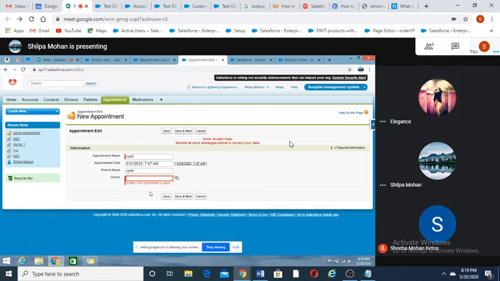So in enterprise edition, this is the developer edition what we are using. I need to check what is the limit, how many master detail relationship can we create, and how many lookup relationship we can create. So can you check the limit and tell me how many master detail relationship we can create in developer edition, and how many lookup relationship?